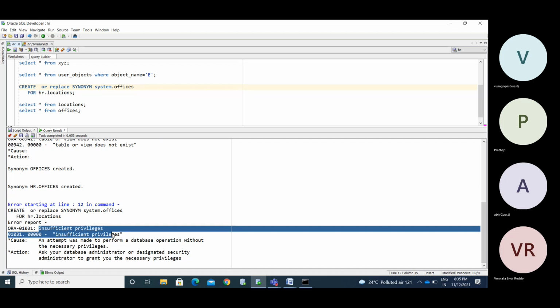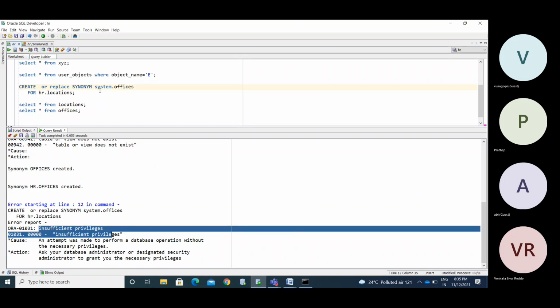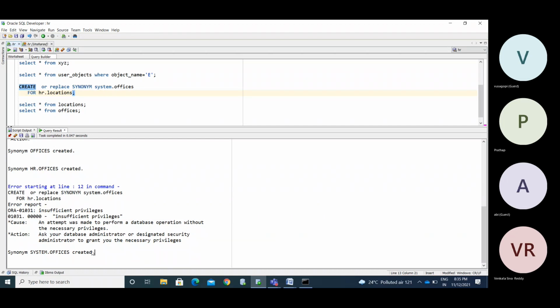You don't have authority to create an object in another user. The admin user needs to provide the create any synonym grant. Now I have provided the grant for that user, and I am going to create it. Now the synonym has been created.